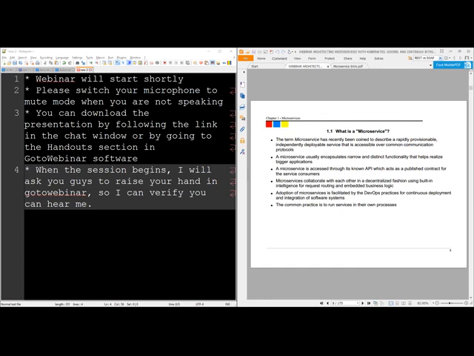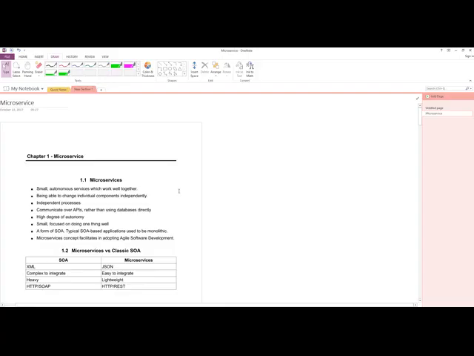Okay, so let me show you some additional slides. I'll also provide you a copy of these as well. These are sort of the summary of some of the topics that we'll be covering today. Okay, so let's start off with